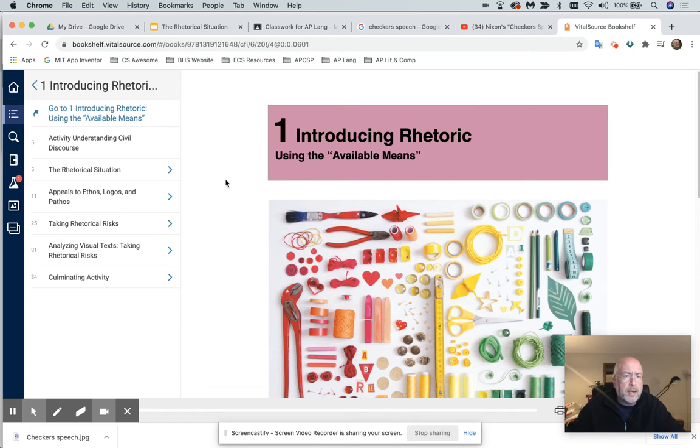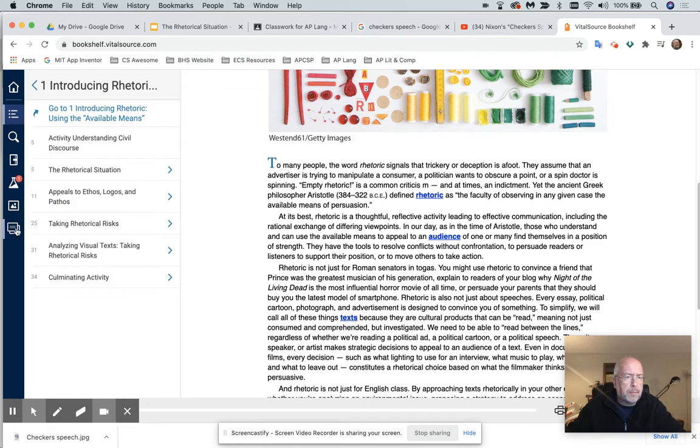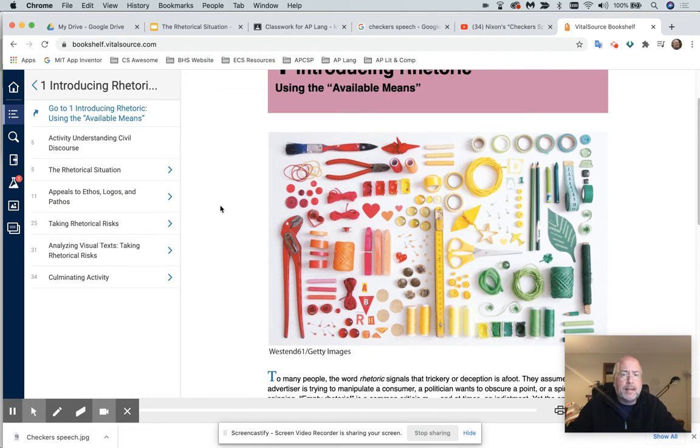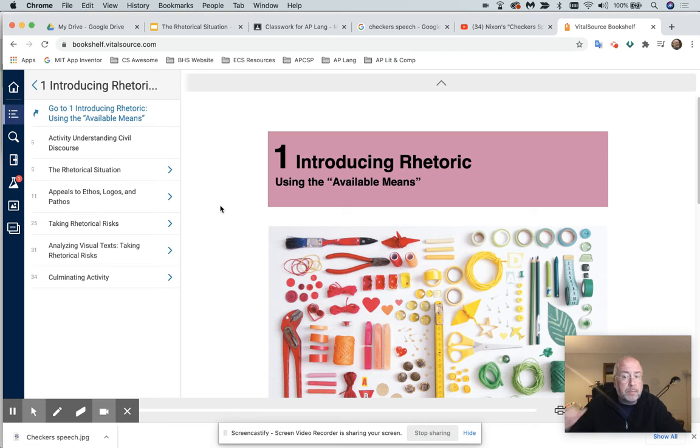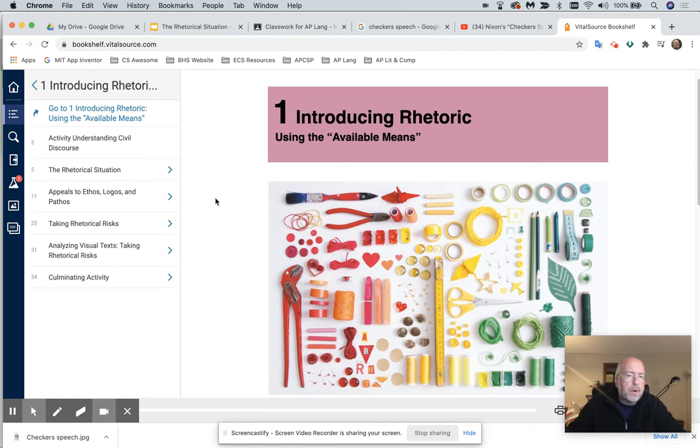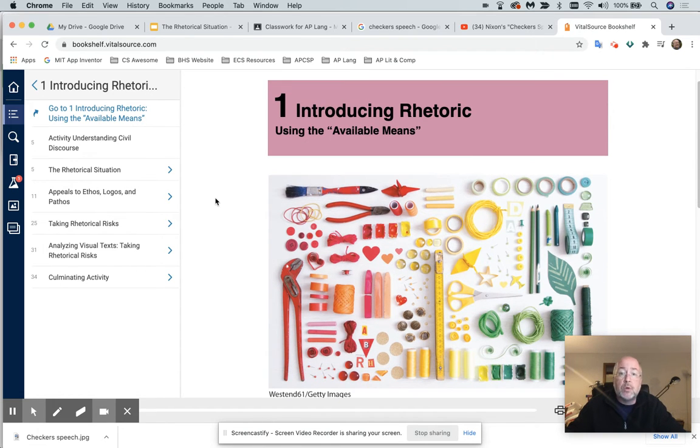It will show up in the context like this. Once you get it there, you can jump around it. There's all kinds of other extra cool things that come with it. We're not going to get into that today. Today, we're just going to get through some basic reading and responding. And this first thing, we're going to talk about something called introducing rhetoric.